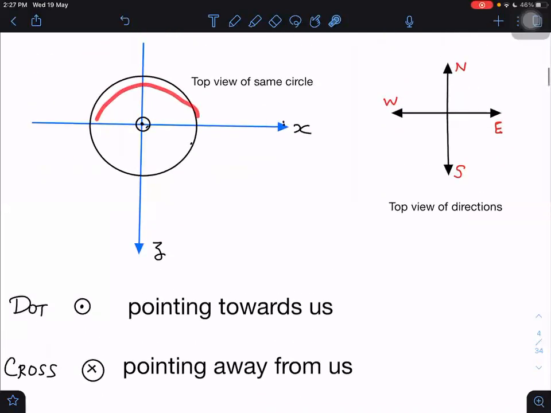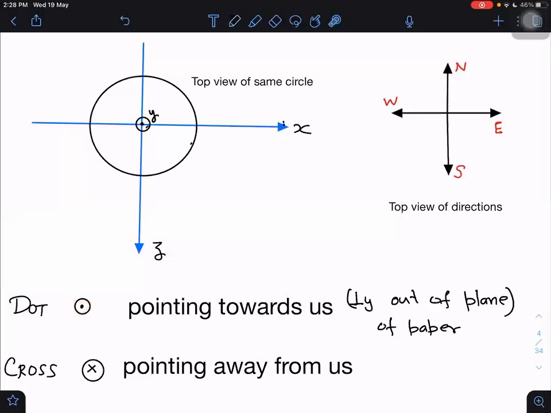And in this case, you notice I have made a small dot here. This dot represents something. What does it represent? It represents pointing towards us. What is pointing towards us? There is a little y-axis here pointing towards us. This y-axis is coming out. Yes, the arrow will be towards us, perpendicularly out of the plane of paper. We are making this diagram on paper, so I will say it is perpendicularly out of the plane of paper. That is what this dot represents.